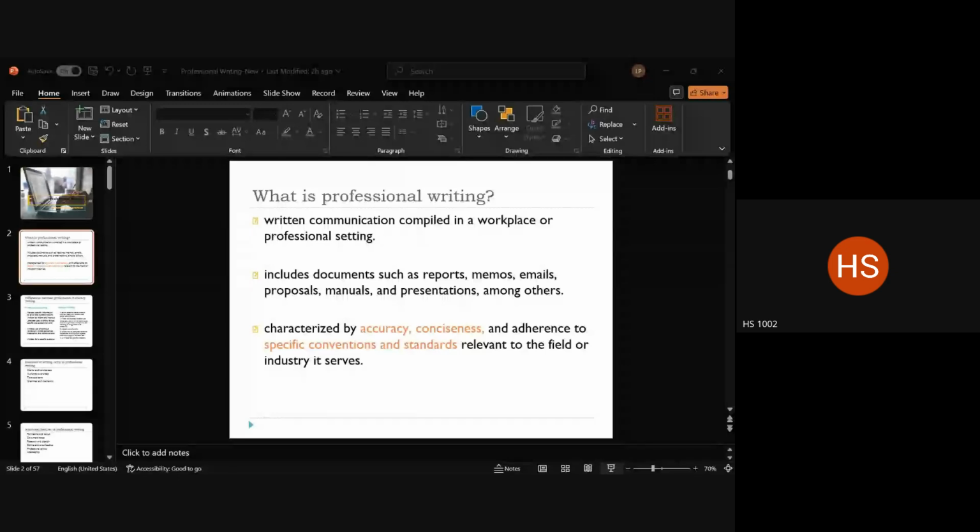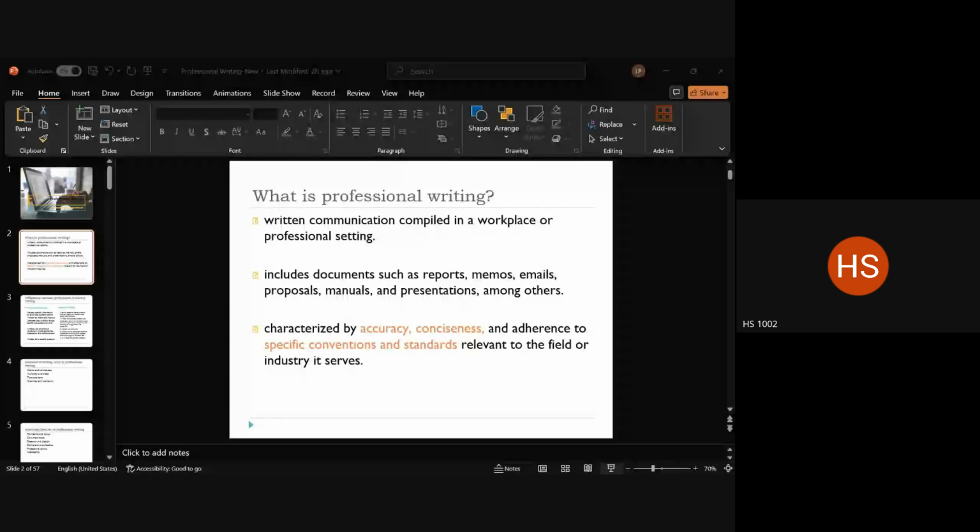So this is not something that you do for fun. People write these documents so that some suitable actions can be taken, some work or some action can be done on that. So for that reason, conciseness has to be a major characteristic feature of all professionally written documents, so that the source remains credible, more accessible, and more clear, right? There's more clarity to the work that you've done.